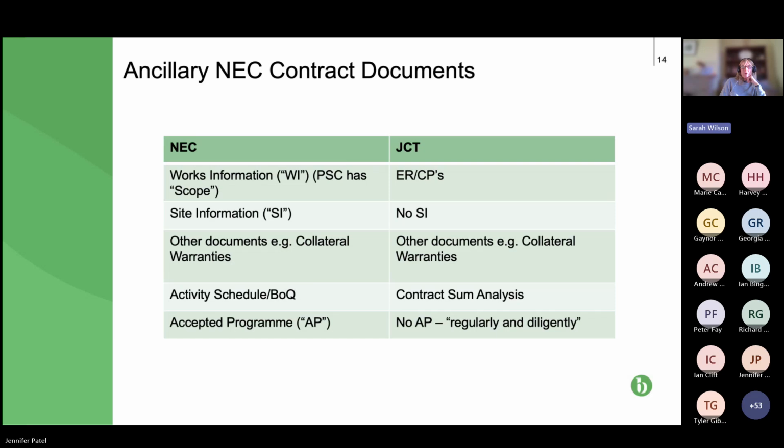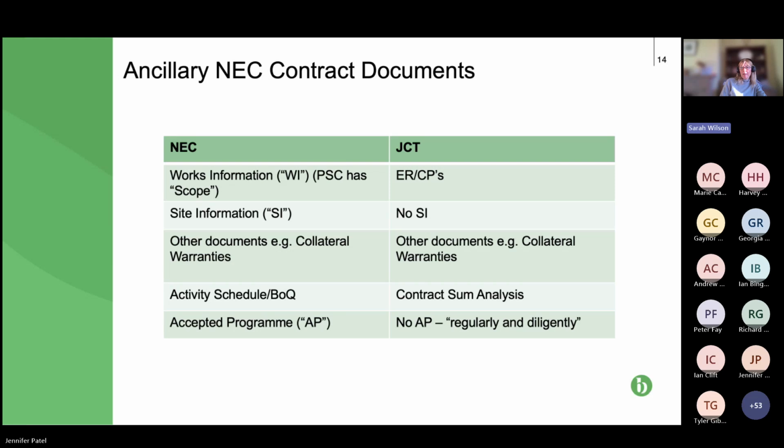Yeah, so continuing the theme of the additional documents to be incorporated into the contract. Obviously, we've got the works information, or as it's referred to in NEC, the scope, and the JCT equivalent. In NEC, we would have site information, which gives the opportunity of a compensation event, so more time and money for a contractor